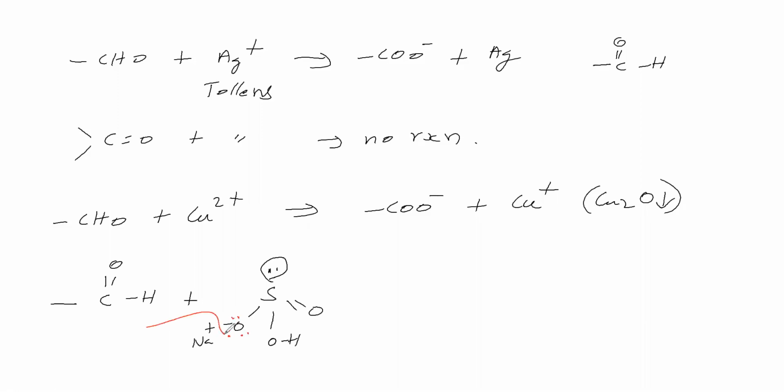So this lone pair is attacking, this bond pair is migrating, and the sodium is going to that place. So we will get a C, here O, here S double bond O, OH. Here a lone pair is there. Then here O minus Na plus, and this is H. What is the next reaction? That we will see.